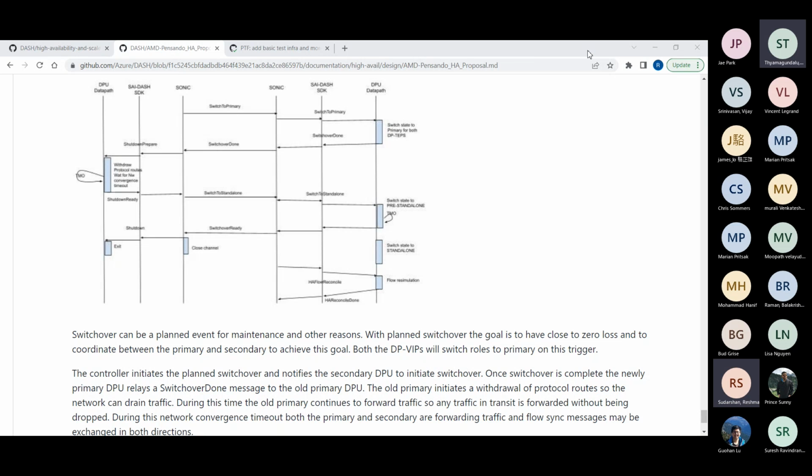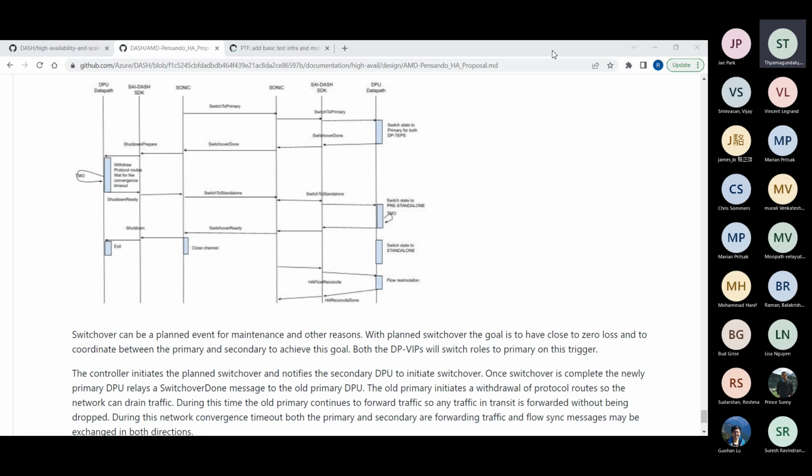So in other words, on the active side, we always forward traffic, and any new traffic that is coming, we will sync that new state to the peer, right? That is the active state. At the same time, when in the active state, if there is a flow sync packet that comes from the peer, we still process it and insert the flow. On the standby, for any traffic that comes in, we will drop the traffic if it reaches the standby. So those are the rules.